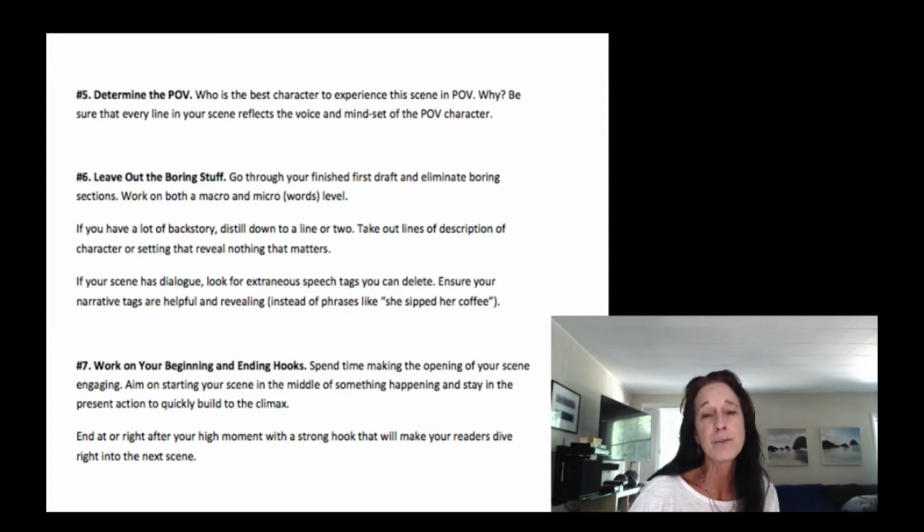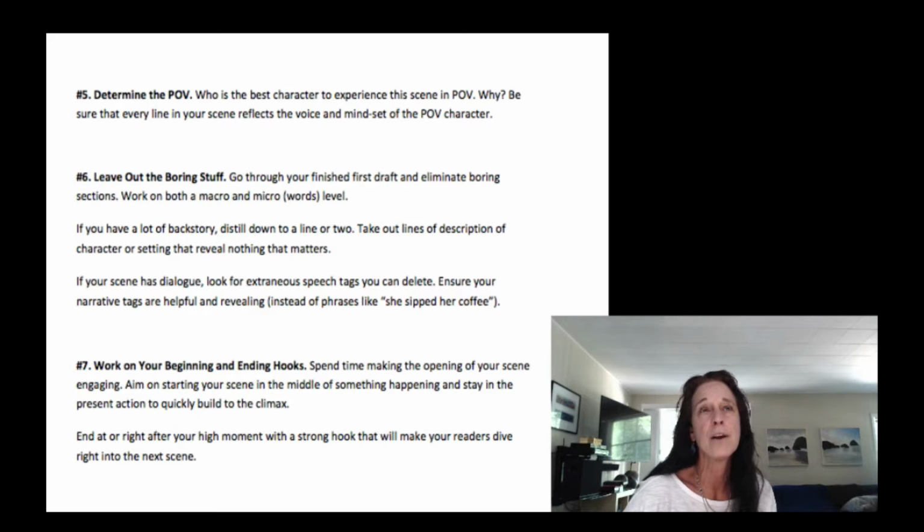If you have your character spend 15 minutes looking at the flowers, that's boring and you haven't built to this high moment, right? So I hope that this helps you understand that this is a great way to write dynamic scenes. This is also going to keep you from putting in too much backstory, because if you dump a lot of backstory in, you're just stopping the action that's happening in the present and you're putting in a lot of extra information. So if you have to put in some backstory, keep it to 2 or 3 lines at most.